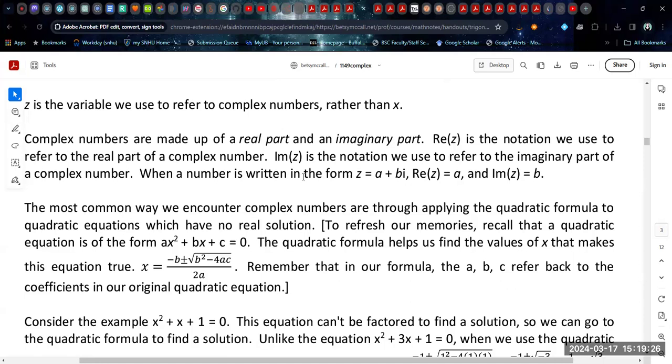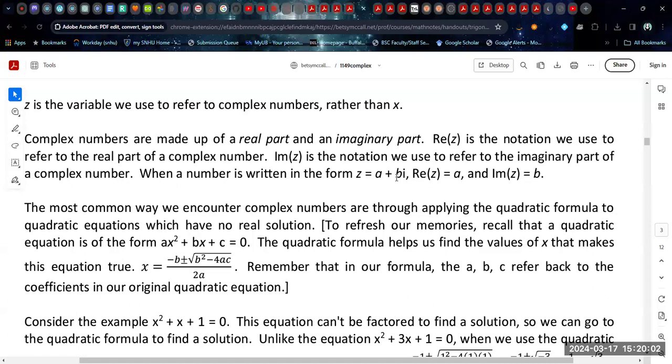Now, we have some operations on complex numbers that we need to talk about. So the real part of z is the notation we use when we're referring to just the part of the complex number that doesn't have the i on it. And imaginary part of z, Im(z), is the coefficient of the i part. So the real part of z in this form would be a, the thing that doesn't have the i on it. And the imaginary part of z would be the thing that's multiplying i, but not the i itself,